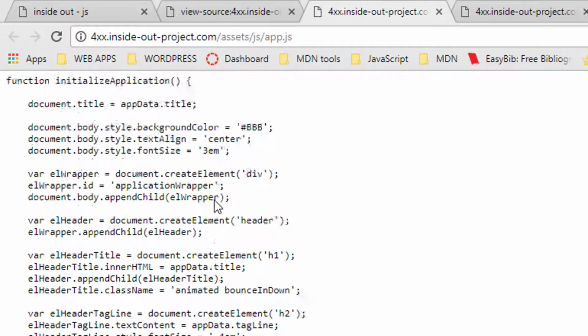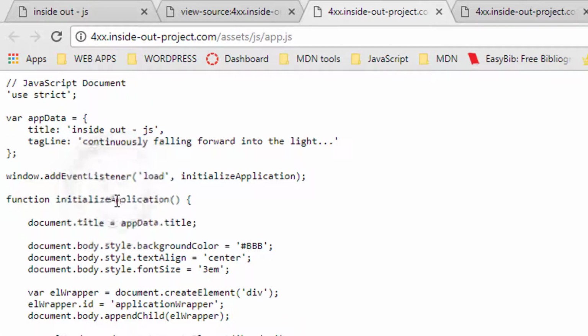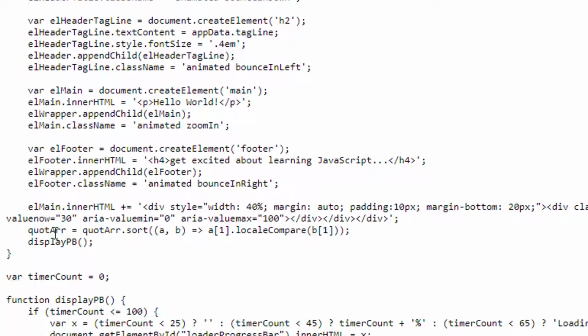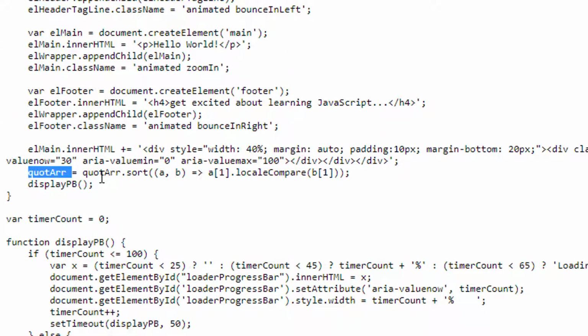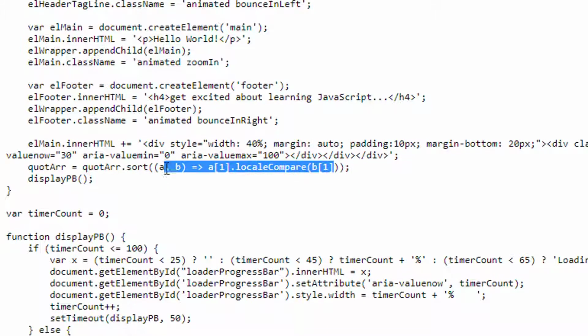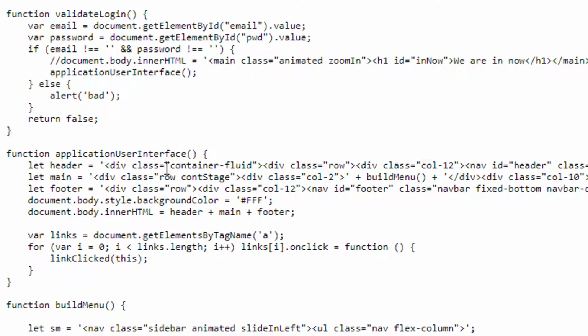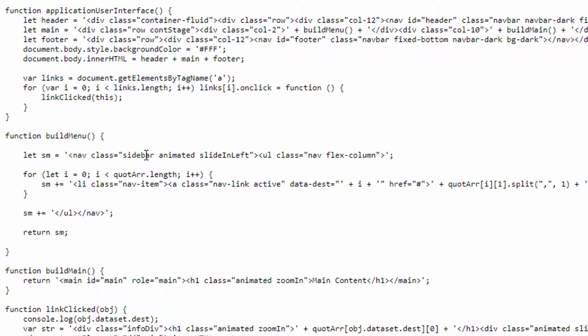And then in our initialize application function, we're going to grab that global variable, that array, that object, which is actually global, and we're going to say sort it, and we're going to learn how we can sort the array. And then after we sort it, we're going to go down here in our menu builder,